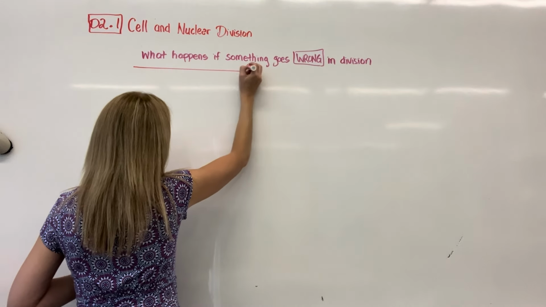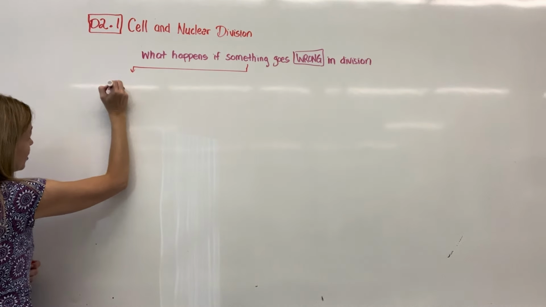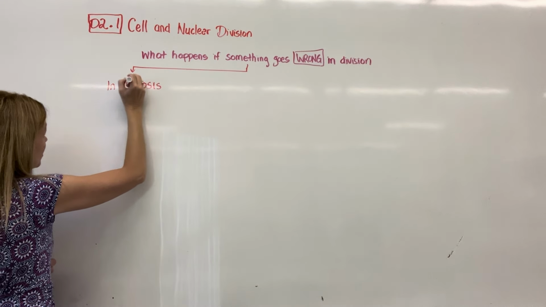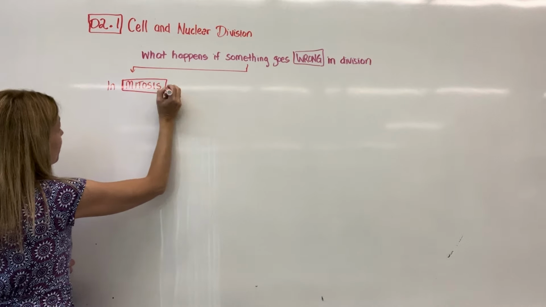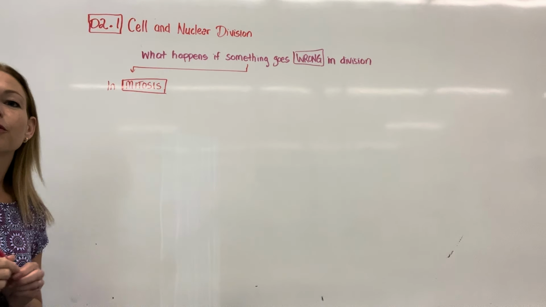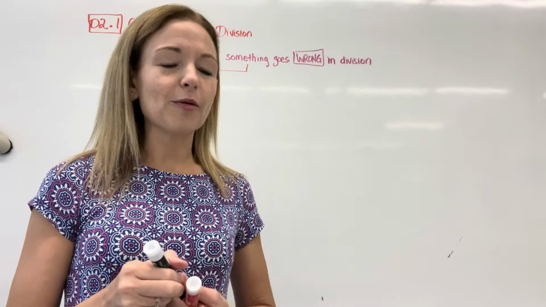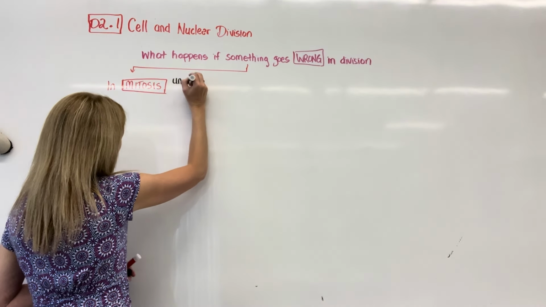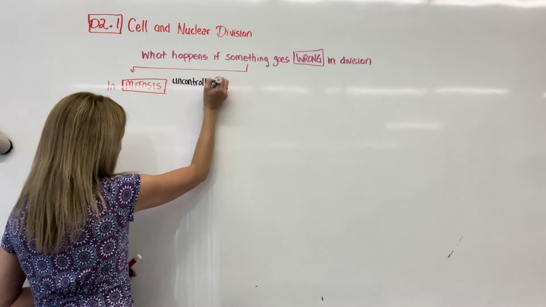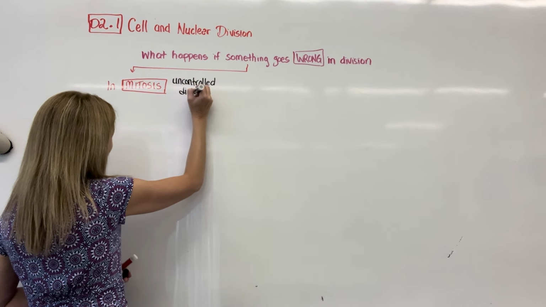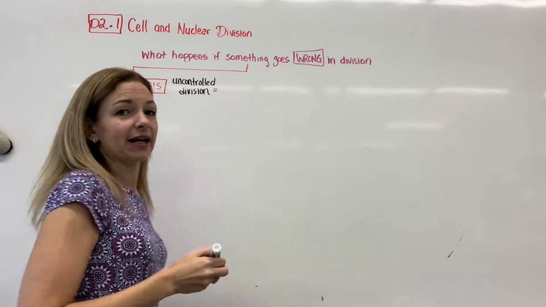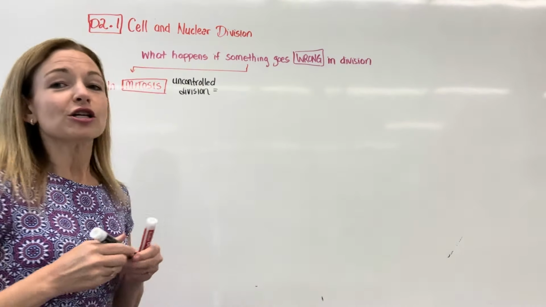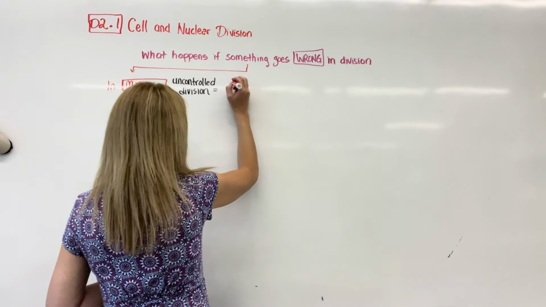So if the problem goes wrong in mitosis, so if we're going along in mitosis and there's a problem, the problem that you need to know about is uncontrolled division. So uncontrolled, too much. We use the word uncontrolled rather than just too much, because the key is it could also be faulty cells being divided, so not having the regulations to know not to do these things. The end result of that is going to be cancer.